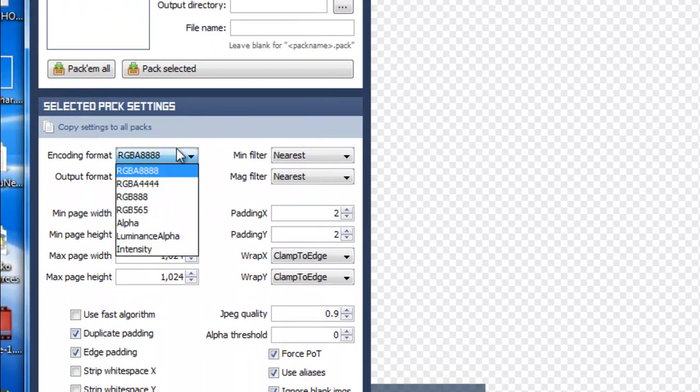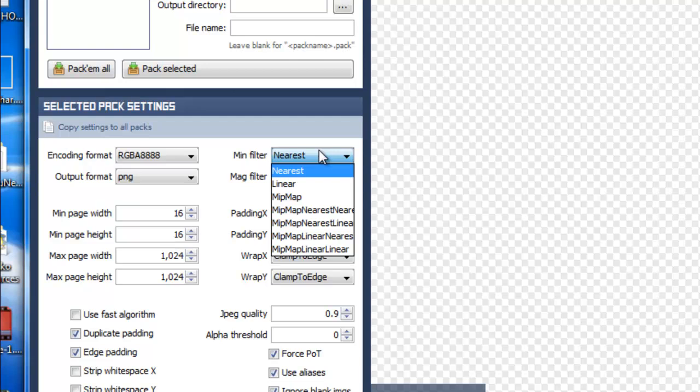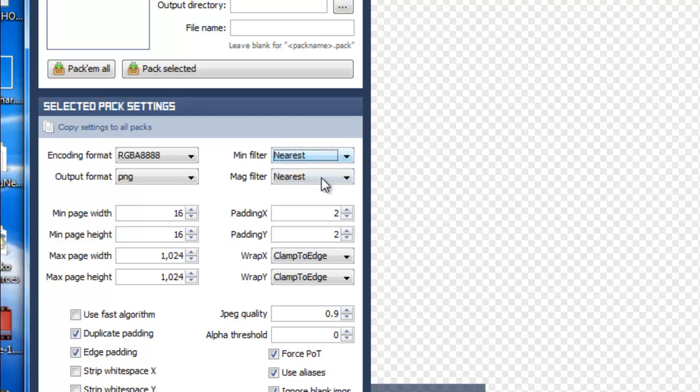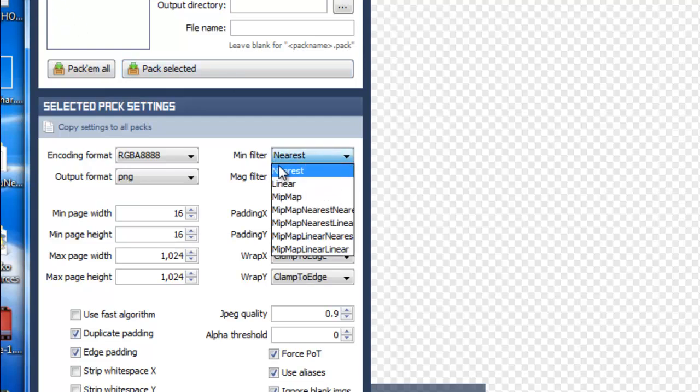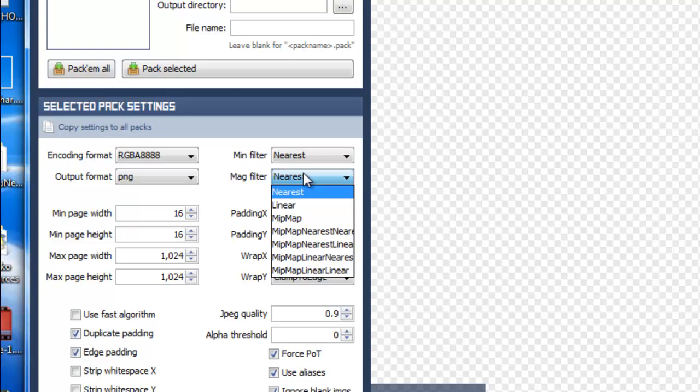And make sure you don't change these values. These are very important. Now if you want lower color values, you want RGBA 4444. If you don't want any alpha, this blending is disabled, you choose the one with RGB with no A. And make sure the minification filter and magnification filter is nearest to nearest, because